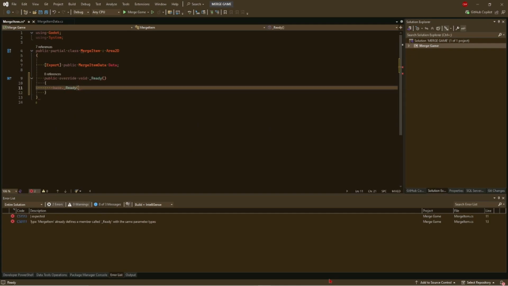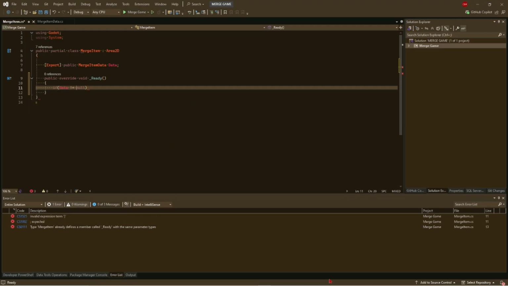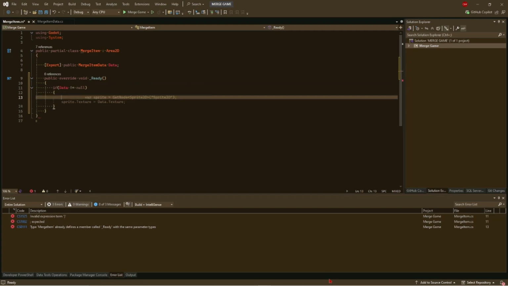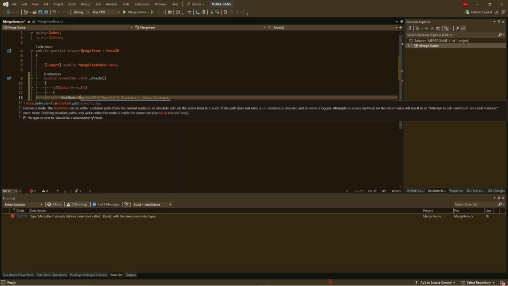Okay. We don't need that. We're going to be creating our own ready function. So what we will do is, if there is data for this object, so this exclamation point equal means does not equal, and null means nothing. So if data is not nothing, then at this point we can go get node sprite 2D